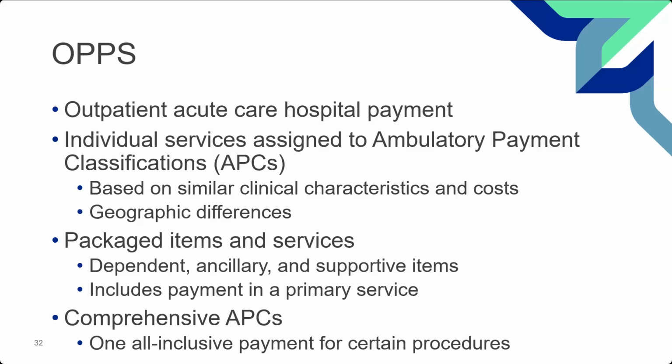The outpatient prospective payment system does look at packaged items or services, but one thing to keep in mind is it can also pay you per item or service based on what's happening. So what may be an ancillary or supportive item that, for lack of a better word, bundles into a different payment, most payments are based on the primary service. Most payments are individually based without the packaging system. So if you do 3, 4, 5 services, you'll get paid more money than if you do 1 service. That's how the outpatient prospective payment system works.